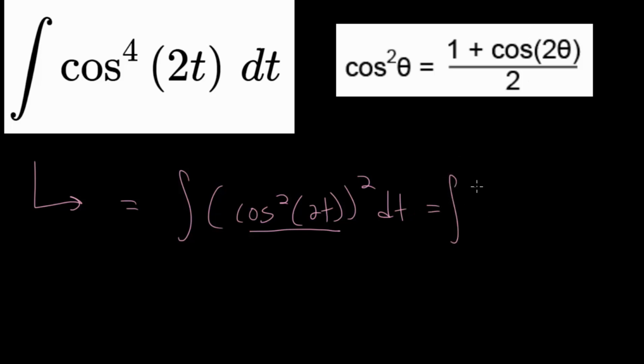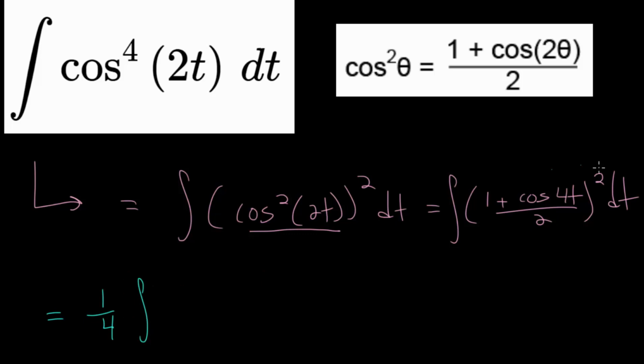We would have the integral of 1 plus the cosine of twice the original angle, so twice 2t, which would be 4t. All of that is then divided by 2, and we still need to square everything. So let's square everything from here, and we are squaring the numerator and denominator, so in the denominator we get 2 squared, or everything is divided by 4, which we can factor out. So we have 1/4 on the outside, then we have the integral, and I will just rewrite it twice, of